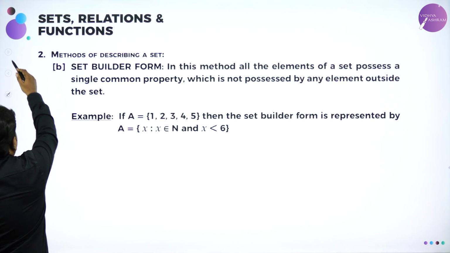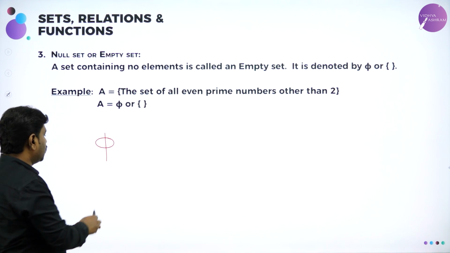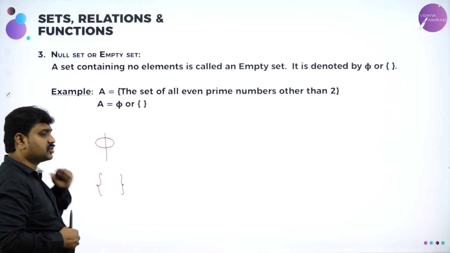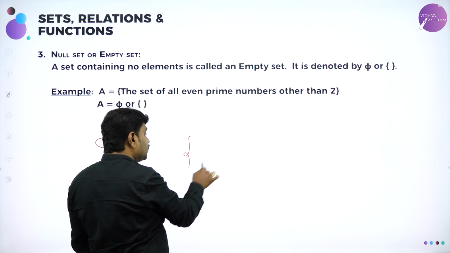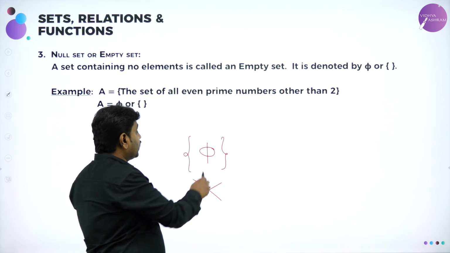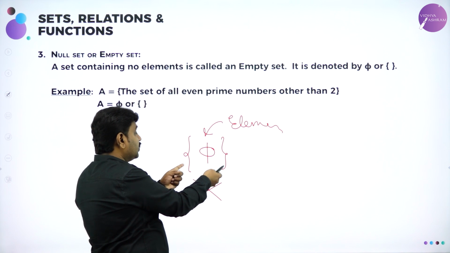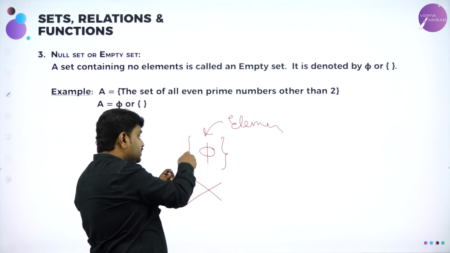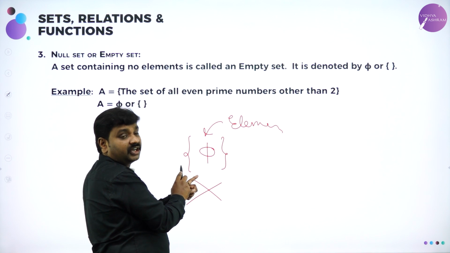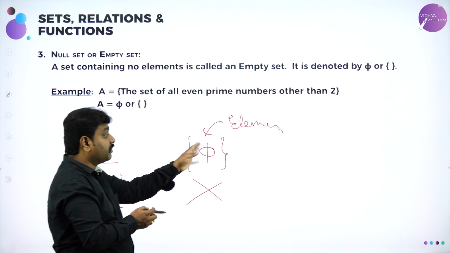Here, the representation of null set: psi stands for null set, or you can write empty flower brackets without any elements. This is also a null set. Remember, if I write psi inside the brackets, it is not a null set. This is called a singleton. Now I call this an element. So a null set cannot be represented as both at a time. If you write psi inside the flower brackets, then we call it a set containing a single element. So for the null set, you can write empty flower brackets, or you can write this symbol, but you should not include the symbol inside the brackets. Remember that.